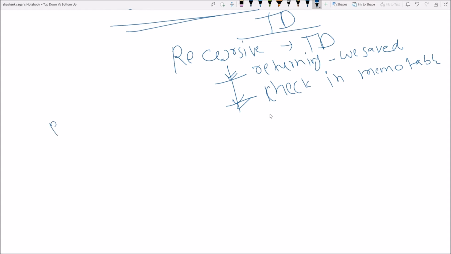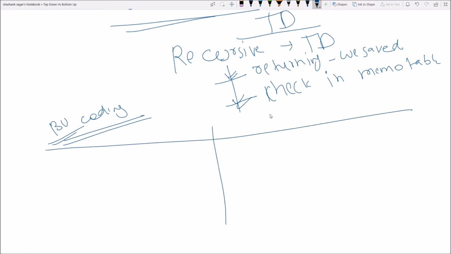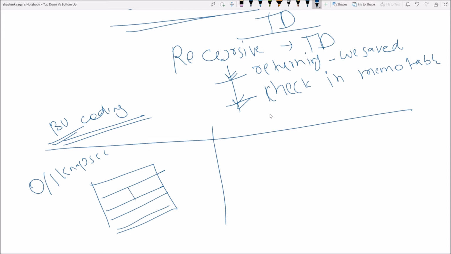Now come to bottom-up. See, what happens in bottom-up is that to write code you will have to figure out something. In case of 0-1 knapsack, if you are updating this particular cell of your table, then you will be taking your values from a row above it.